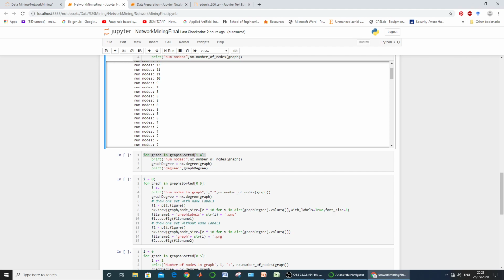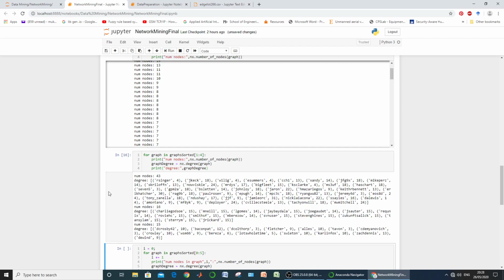After putting in this iterative loop, we printed the number of nodes present in that particular graph, and after printing we want to have its degree view, meaning each node along with its degree, which is a dictionary in nature. So we execute this, and what we got is that the number of nodes present within graph 1 is equal to 43, which is true.